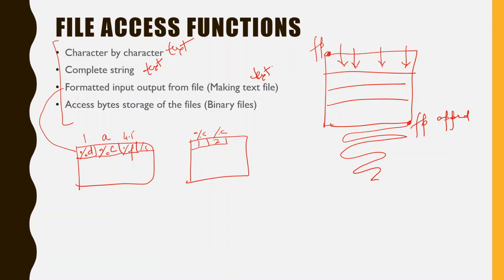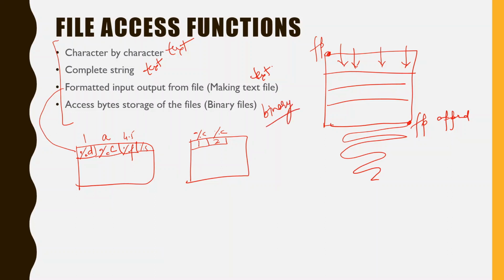Okay, so in string and character input/output, everything is treated as text, and in formatted input and output from a file, yes, it is a text mode, but here all the data that is in the file or accessed from the file has its specific format. Apart from that, we have some files which can be accessed in binary mode.